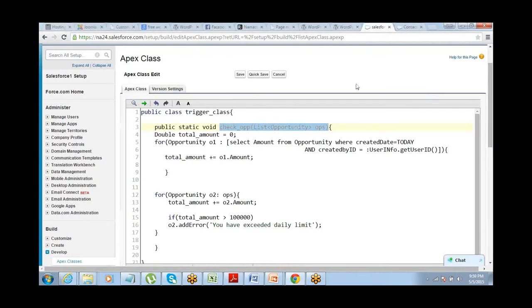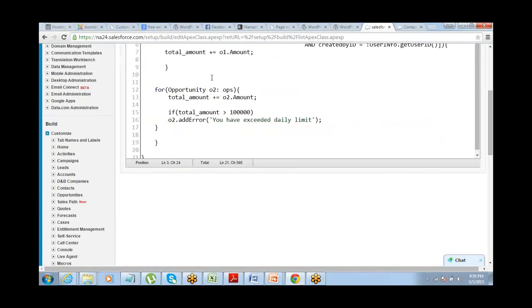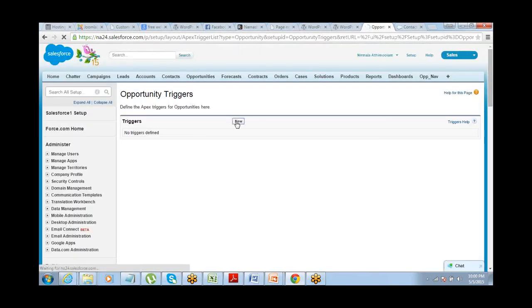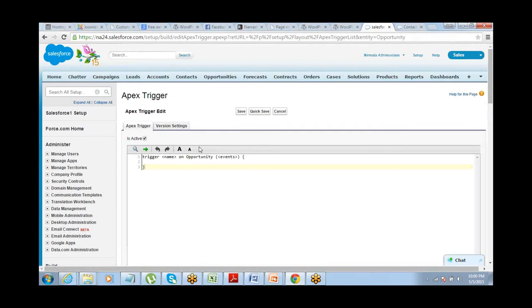Now let's go ahead and create a trigger. This is a trigger on opportunities. So all I need to do is go to customize, then opportunities, then triggers, new. Give it a name.